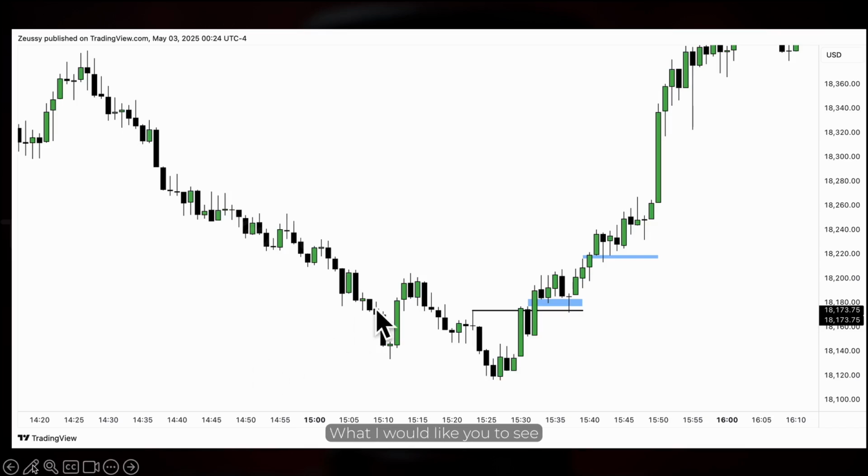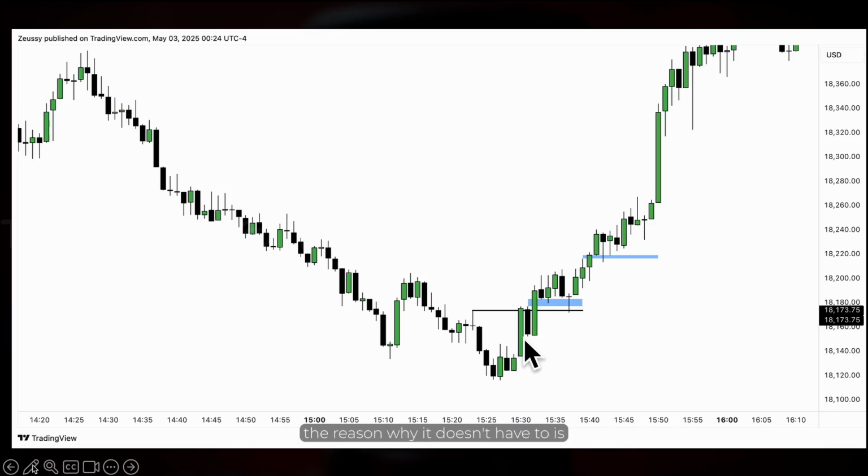What I would like to see is that we see the market expand towards the downside, and eventually we see the market have one more push lower right here. Do you see how the market begins to accelerate towards the downside right here? Notice that we form a low and the market reprices higher. We see a bullish fair value gap getting created,